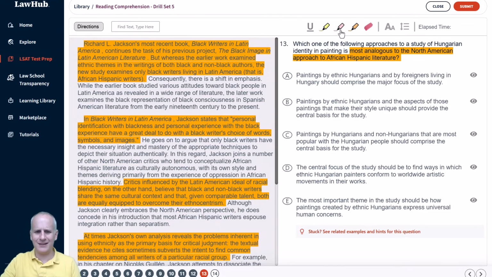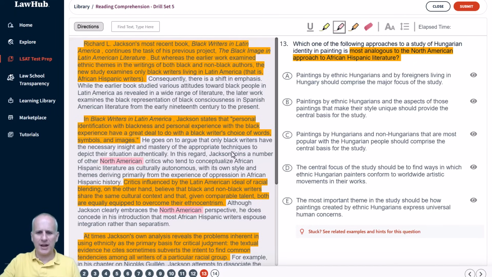And if I'm so inclined, I can highlight those two references so that I know what I need to focus on to address this task. And it's not going to disrupt things if I happen to need those main ideas, highlight sentences. I can really ignore that pink highlight of North American. So we need to identify what the North American approach is.